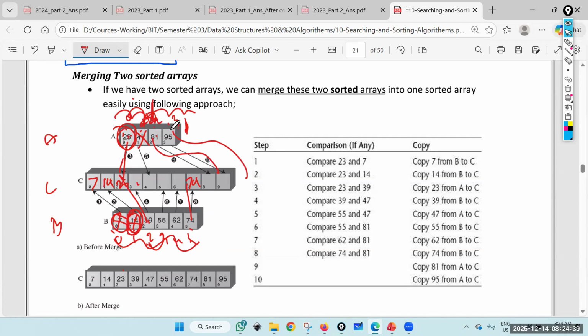Or if you come to the end of this one and this one is still somewhere here, then you need to just copy this. So that is your final cleanup task. And then it's merged, right? So it's a very good